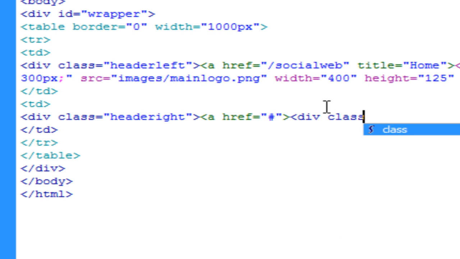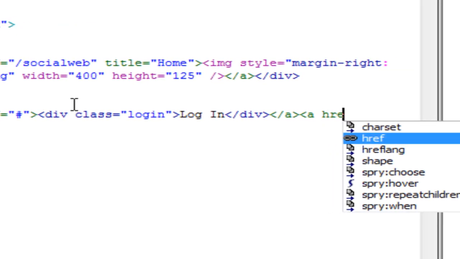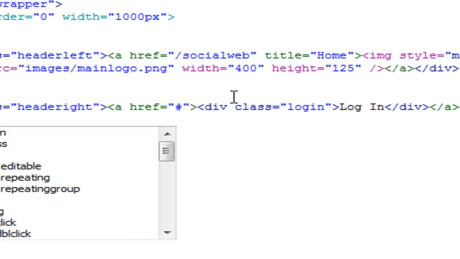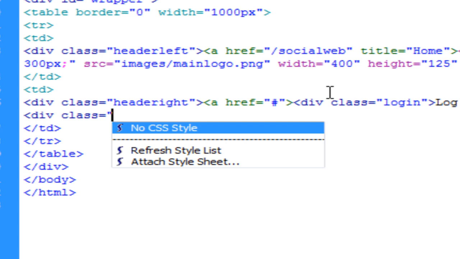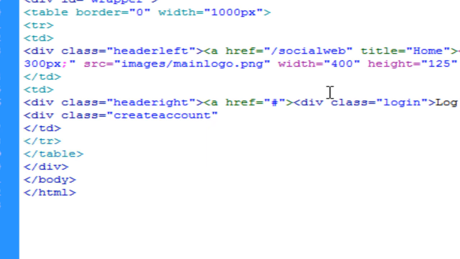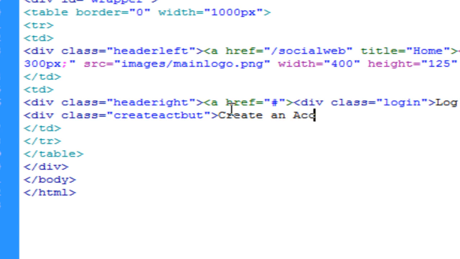So then we're going to make a division class login and display login. Login is not an image, even though it did look like an image; it is actually a division. So do the next thing here for create account, and then we're going to close that off and put a division class equals create account, and then create account ACT BUT, for account button. So then we display the text create an account,